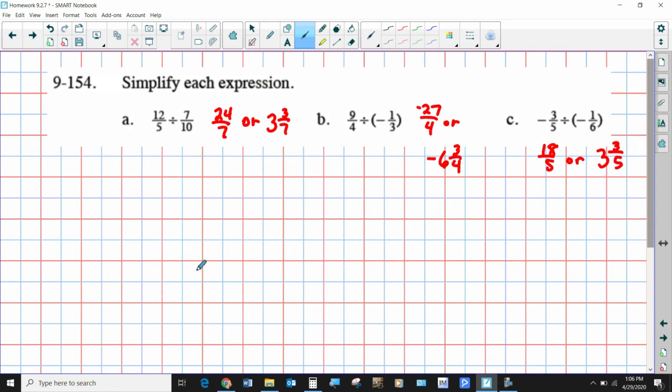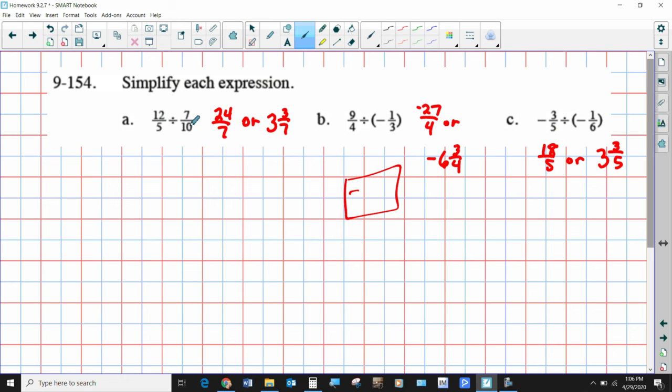And then the last problems. I'm only going to do one of these. I'll just note that whenever you're dividing problems that have the same sign, you're always going to get a positive answer. And if you're dividing two numbers with different signs, just like when you're multiplying, they'll have a negative answer. So just forget about the negative sign for now. Sometimes what I'll do is this. I know that one's going to be negative, so I'll put the negative sign in my answer box so I don't forget it. But when you're dividing fractions,